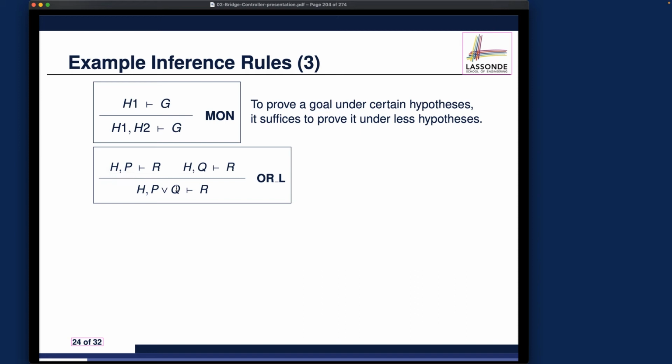All right, let's dive deeper into it. We're saying that to prove R, assuming that some hypothesis H and also another hypothesis, which is a disjunction, it would be sufficient to prove the same goal, which is R over here, but under either the left disjunct or, sorry, the right disjunct over here, or under the assumption of the left disjunct over here, right? We're basically splitting the disjunctive assumption over here into P here and also Q here. That's what we're doing.